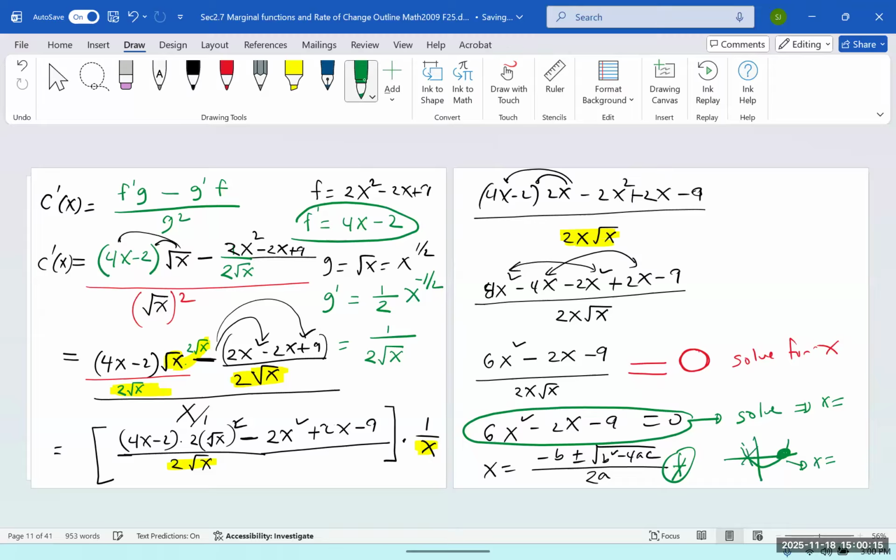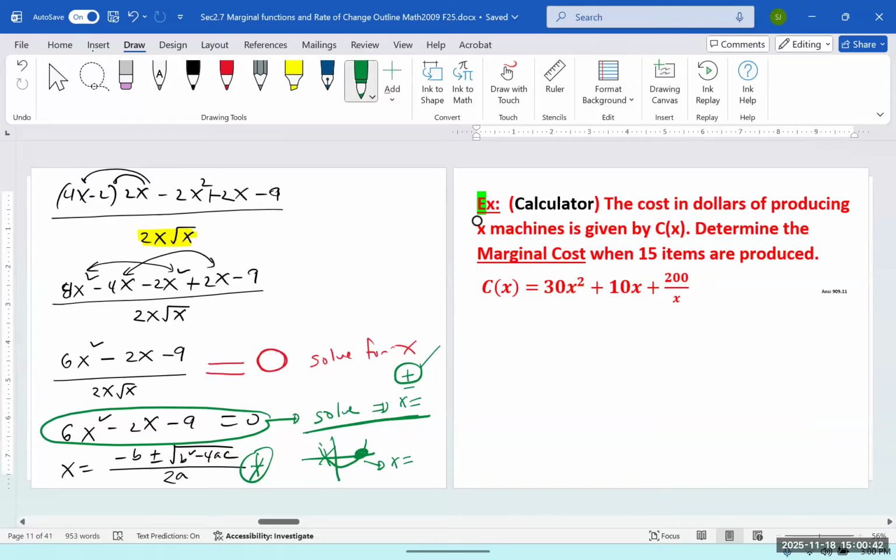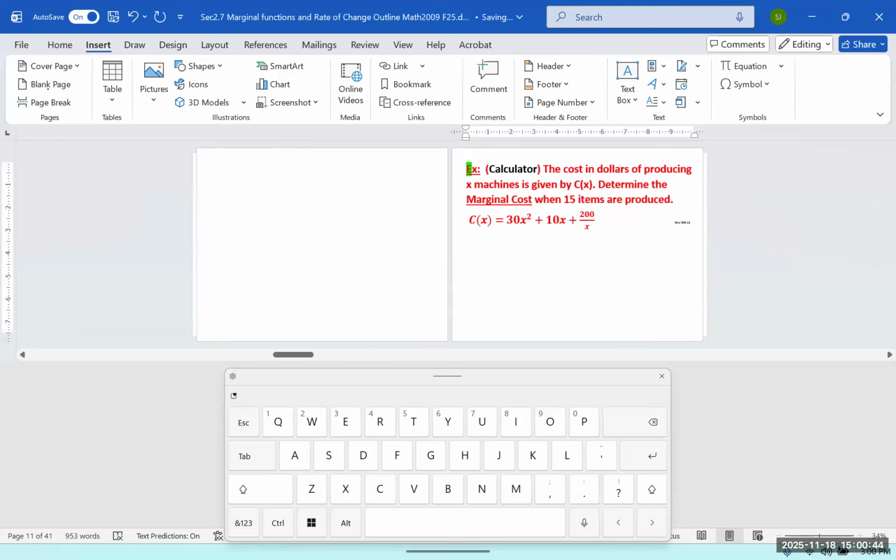One of them will be positive, one of them will be negative. You're going to disregard the negative one because x is the number of items. The only choice will be the plus result. If you're using a TI-89, then it will give you two answers, one plus and one minus. You're going to accept only the plus number, not the minus one. However, if you don't want to use any of those, but you're going to use the quadratic formula, then you need to complete the thing. So let's do it real quick.